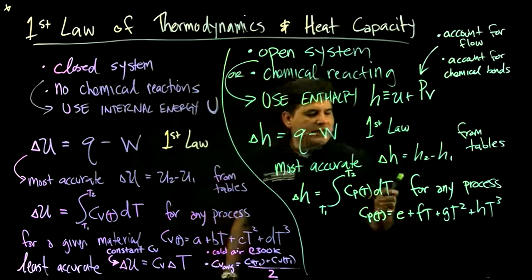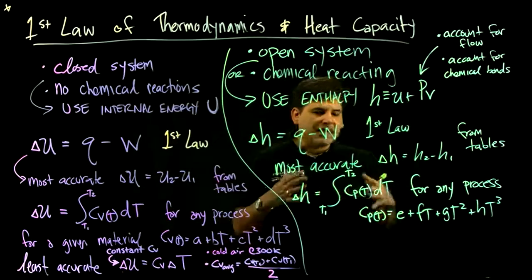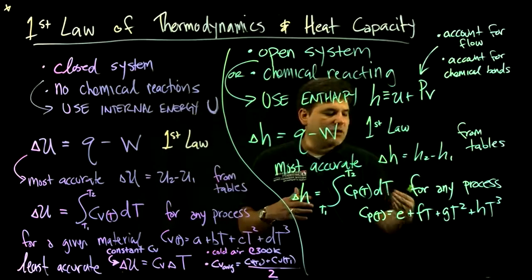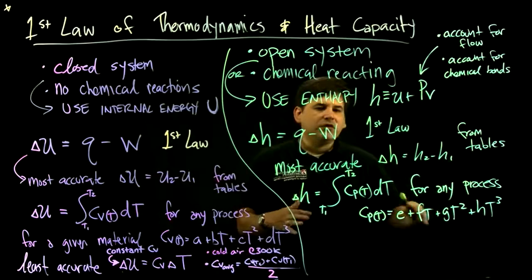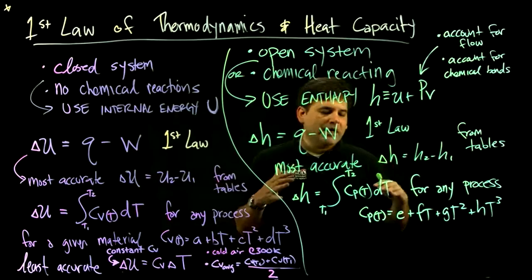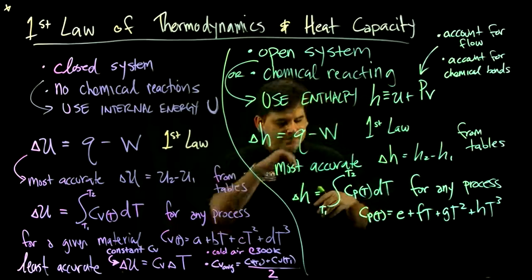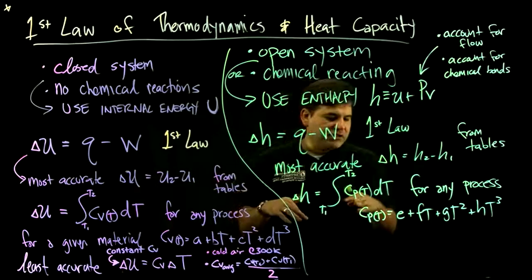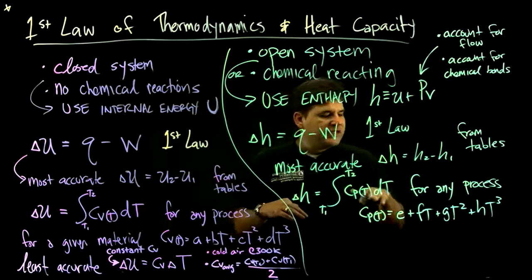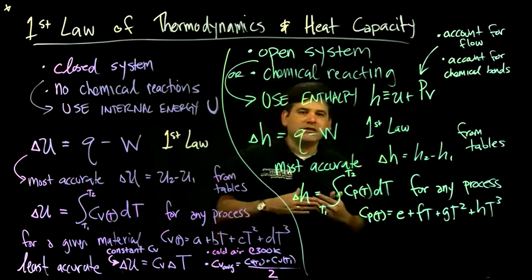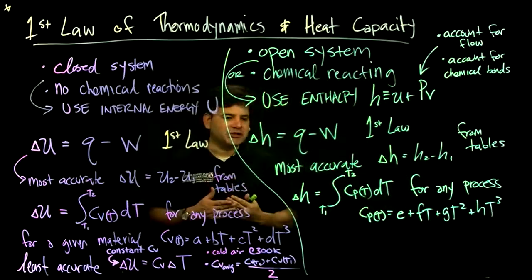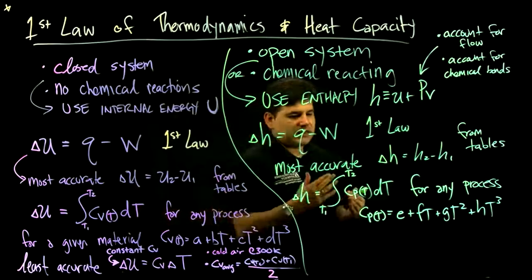So if you had a certain system, like NASA does it, each atom and each molecule, they found these polynomials to give you a way to find enthalpy using this equation. And it changes for each material. It's the response of the material to a temperature change. That's what Cp is